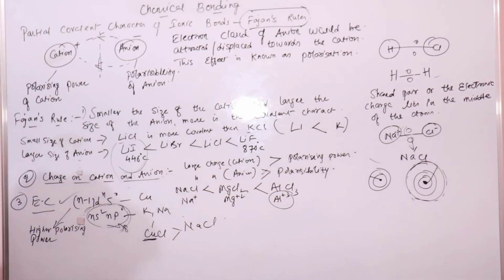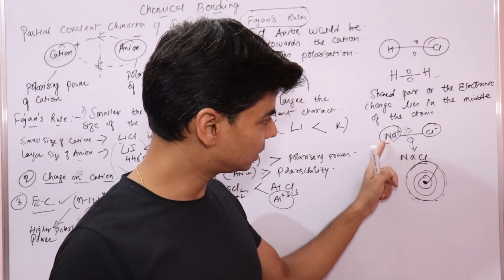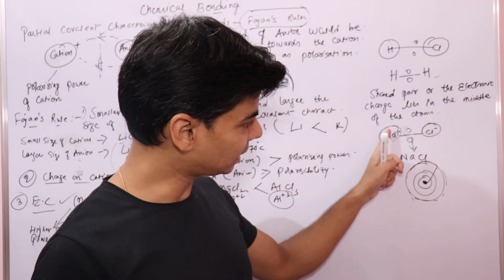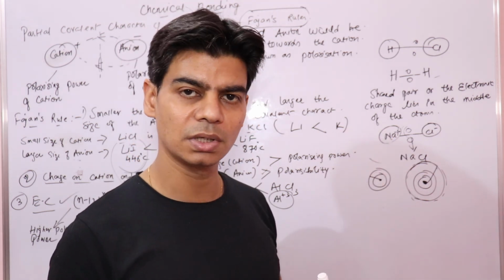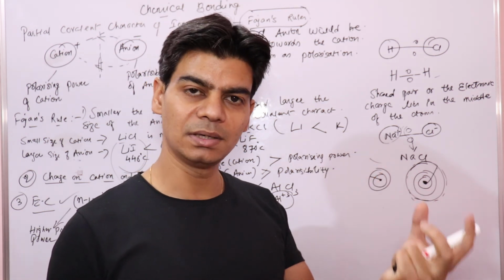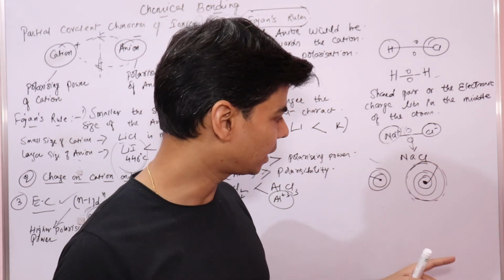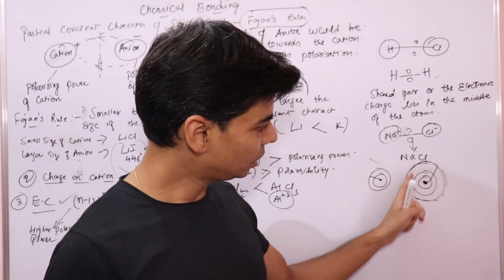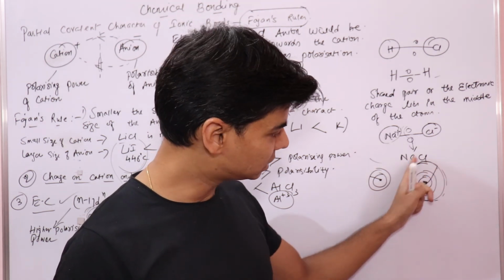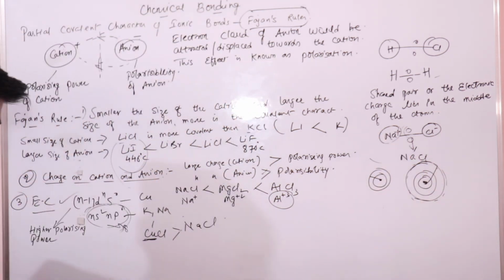So once you know this, you just need to see the properties of these cations and anions. The smaller the cation, the more easily it can distort the electron cloud. Or the bigger the anion, the less hold its nucleus has on its electron cloud, in the case of bigger anions like this. If the nucleus has less hold, this electron cloud can easily be distorted by the cation.